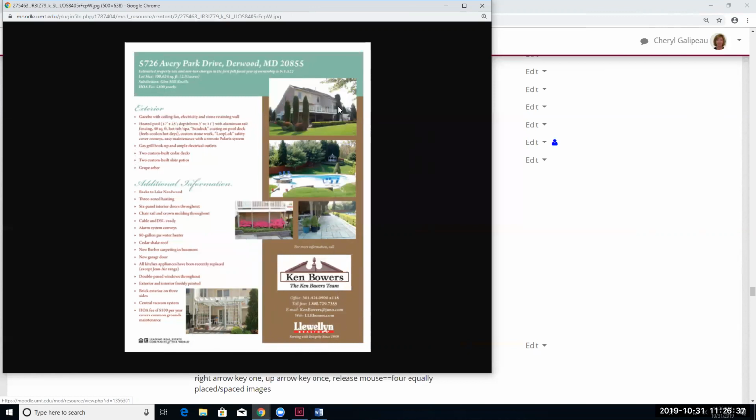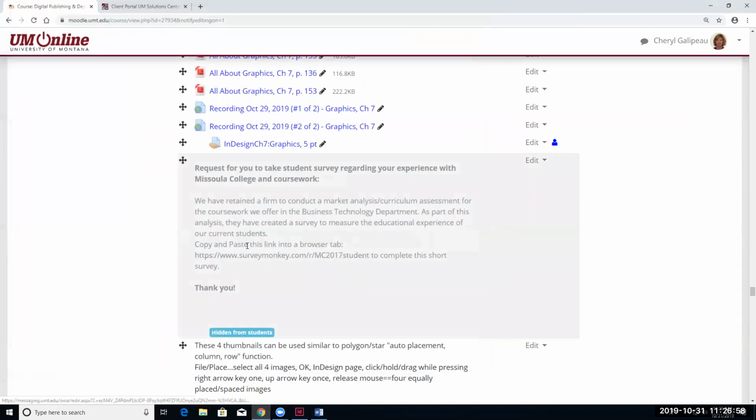There are some nice pictures, and again, you've got some similar rectangular shapes that are used. Then a little bit more about the realty group, basically, and it's pretty easy to read. So I would say that's a little bit of a business card type of format, if you think of it that way. And then another one,